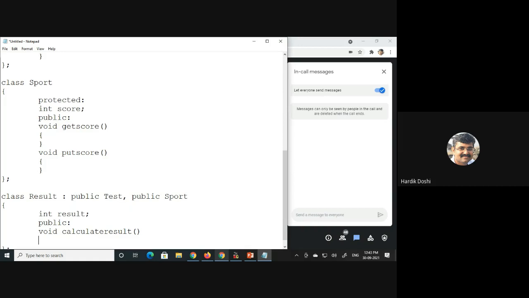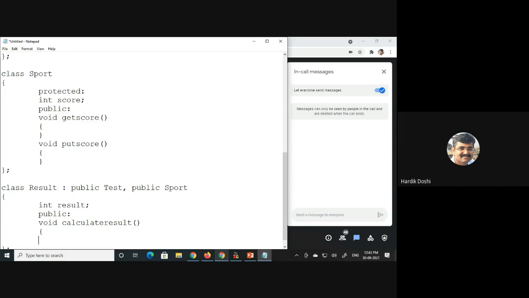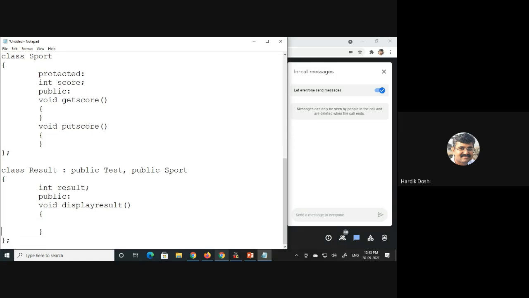What should I write in it? Or else instead of calculate, let me write display result. Calculate, what formula should I write over here? Whatever the client says. For calculating or displaying result, what I am doing is simply calling